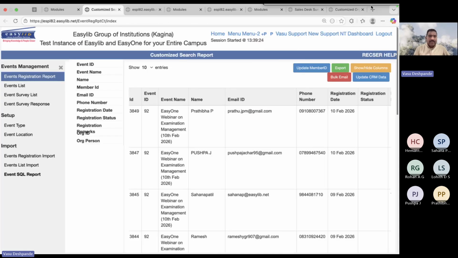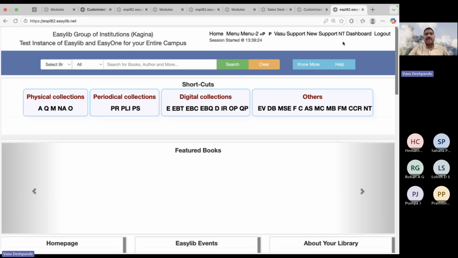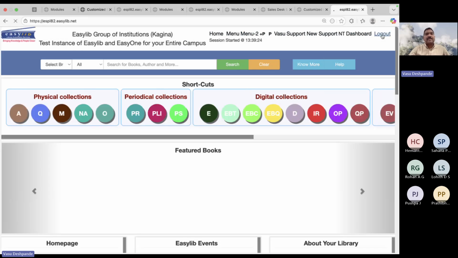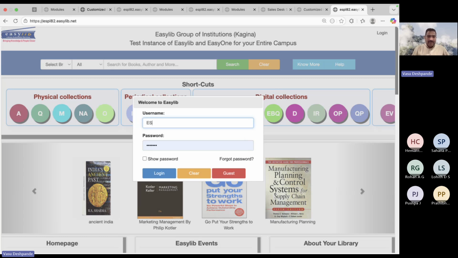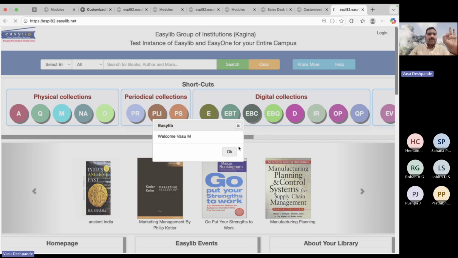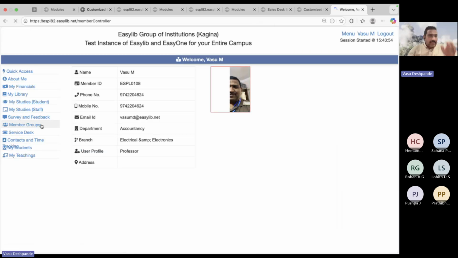So let me log in as a faculty because EasyLib, Easy One, is undergoing a lot of changes actually. So some of these things, let me see whether they are there. If it is there, I'll be able to show you. If they are not there, they will get entered over here. They will come in future. One of the things that you are going to get is that when the faculty put the exam code,